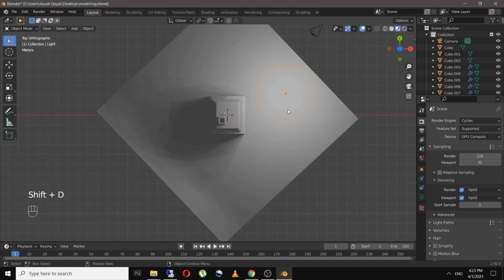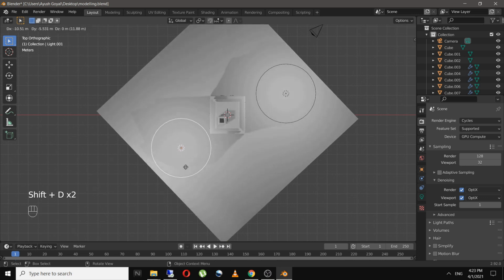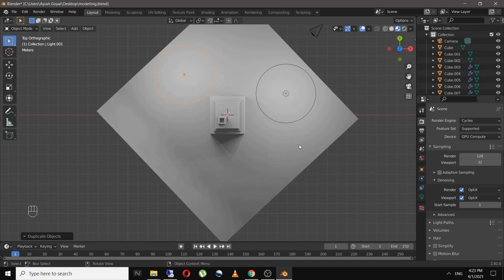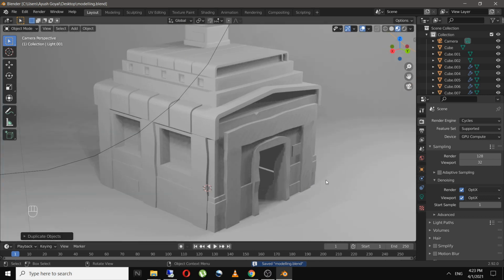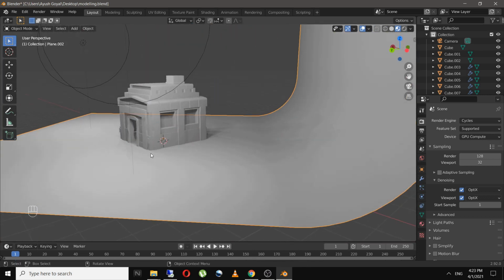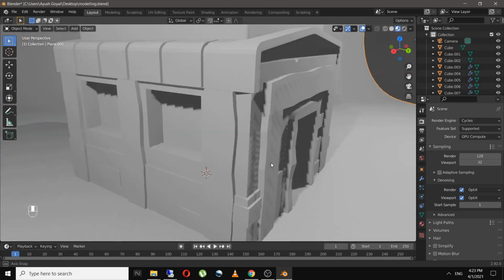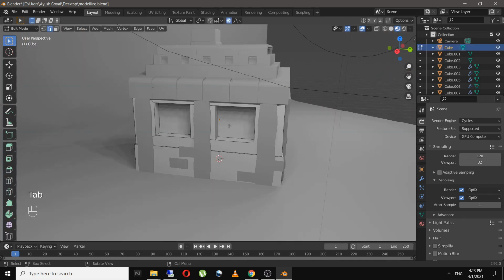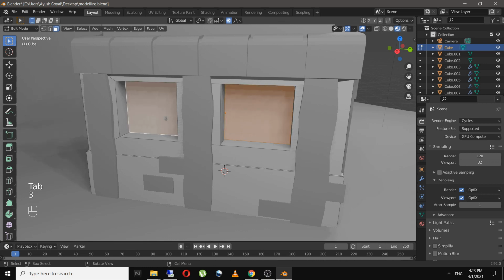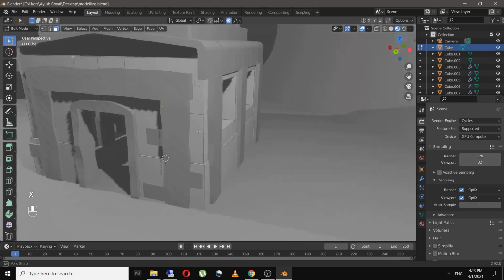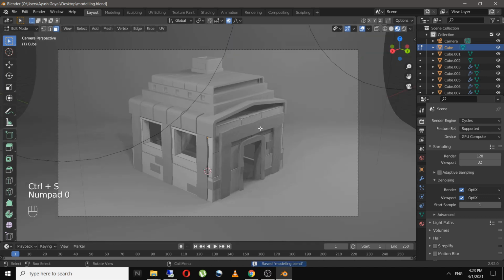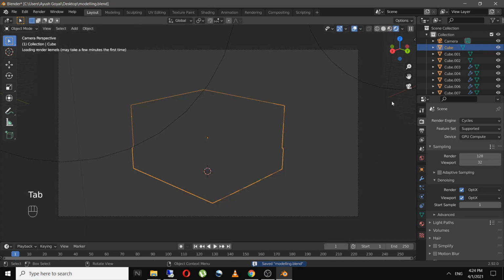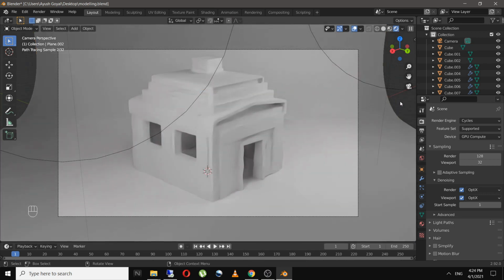I will copy this light over here, somewhere over here. I will delete these two faces because this will give it a better looking render. And now in render view, as you can see, this looks pretty good.